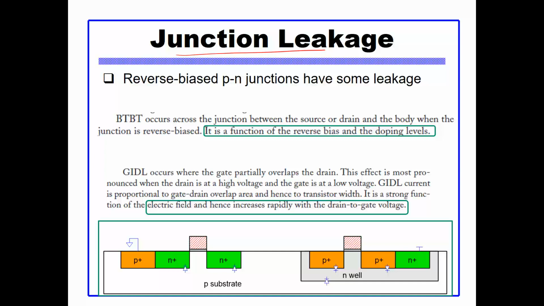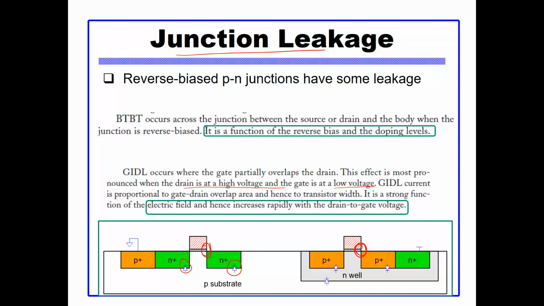Junction leakage, sorry. There are two types here. There is the band-to-band leakage, and basically this is the current in these reverse bias diodes. And then there is the gate induced drain leakage, which basically happens in this overlap region between the drain and the gate. And basically there is a current that occurs here, and it says that with the drain at high voltage and the gate at lower voltage, this is when we will see electrons moving